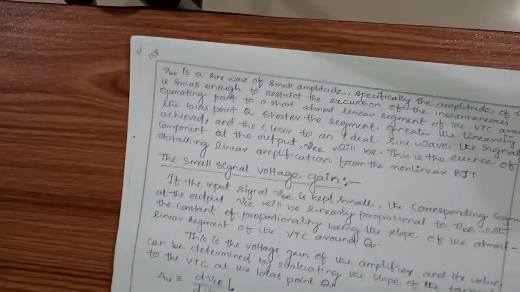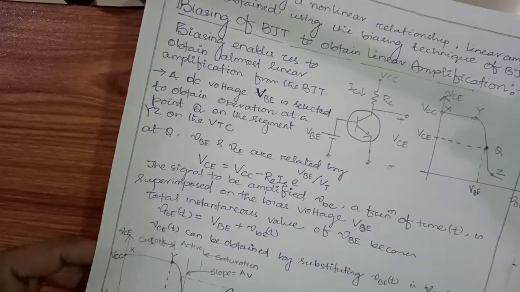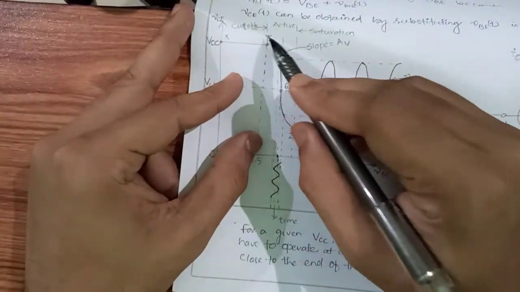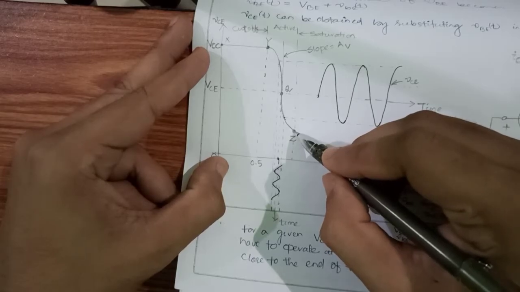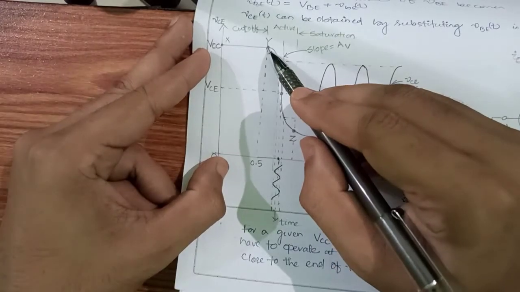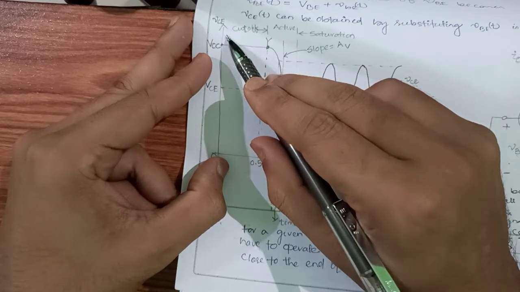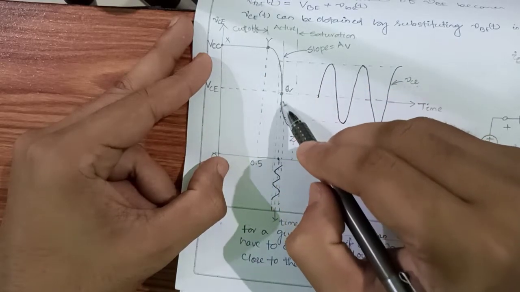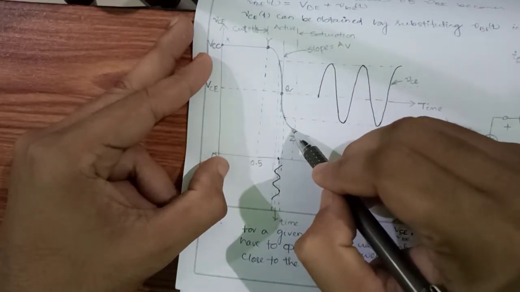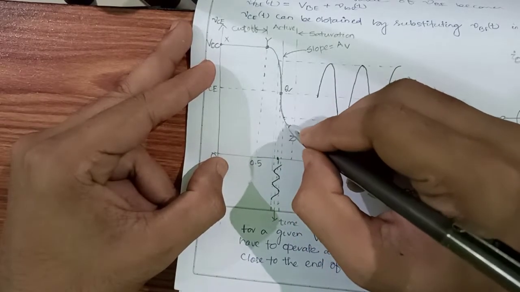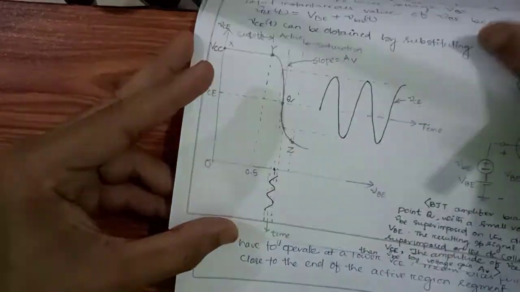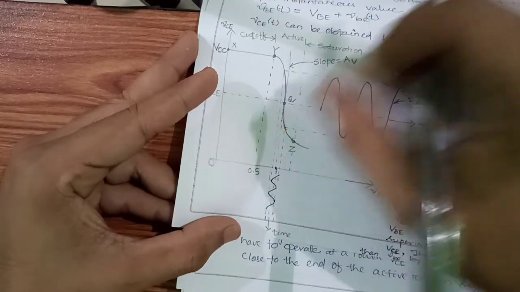Now at this region, tell me, where is that on the graph? Now you tell me where the BCE value is very less. So this is the point where BCE value is very less. Okay, this is the BC axis. BCE value is high here. It is decreasing. This is the point where BCE value is very less. So if I operate toward the end, then my gain will be high. Okay.